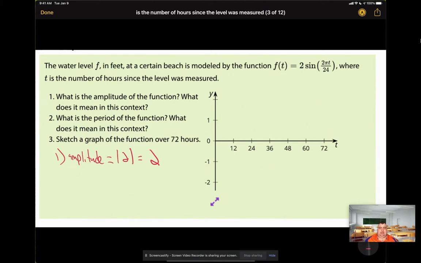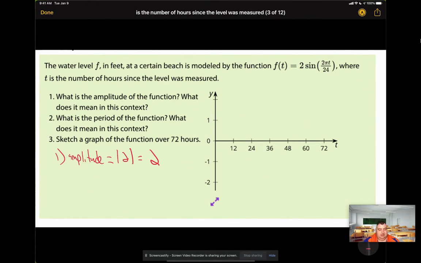So that means if I'm measuring the water level, because remember, F represents the water level, the high point of the water level is going to be 2 feet above. And then the low point, the low tide, is going to be at 2 feet below our